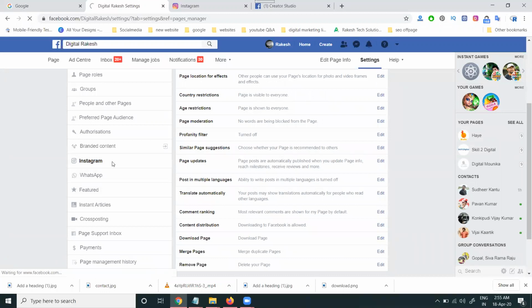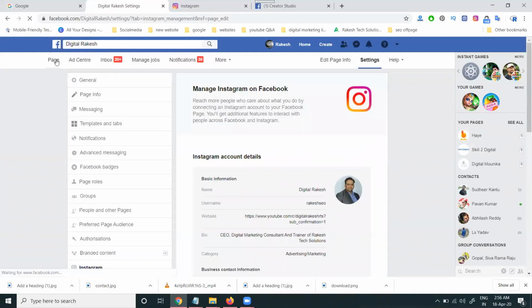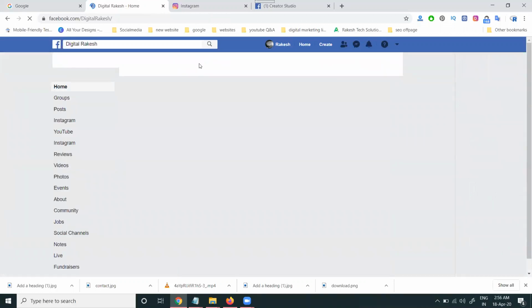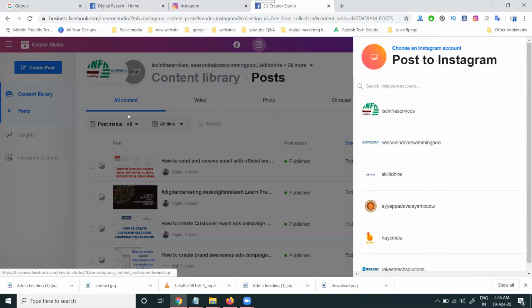Instagram. So your Facebook page will connect with your Instagram option. When the connection is successfully done, after that your content will be posted from Instagram to Facebook using the Creative Studio option. Now we are selecting to post an Instagram feed